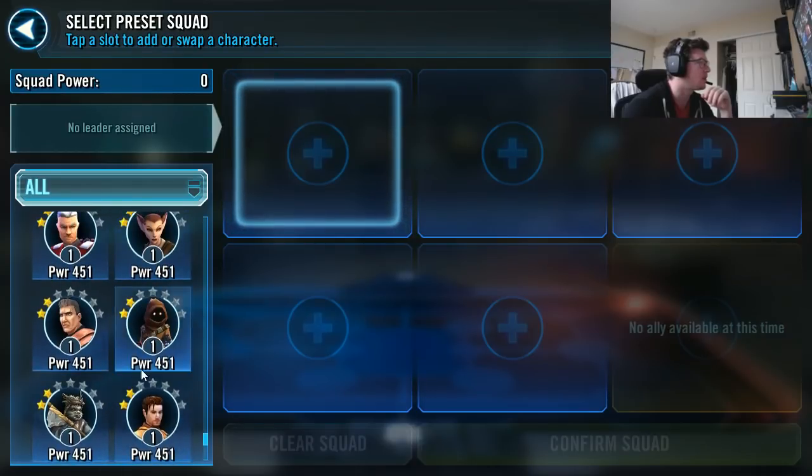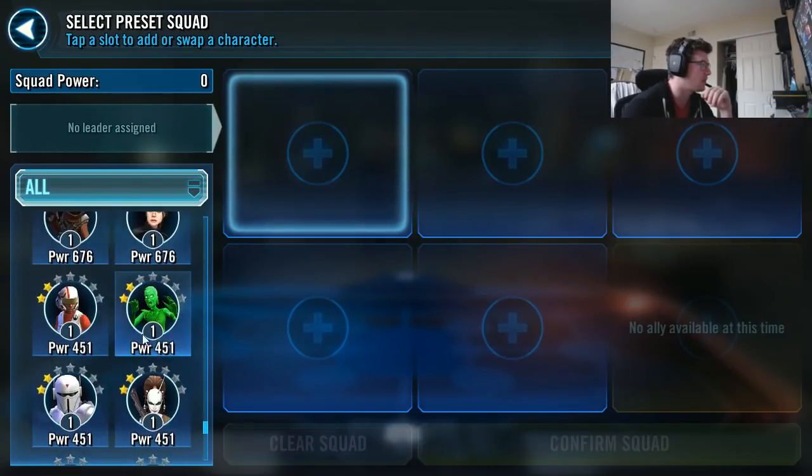And so some units like Embo, which I have not farmed up, harkens himself straight to damage. What was I looking for? There's a leader ability I was looking for. Oh, the Jawas and all that kind of stuff. Anyways,